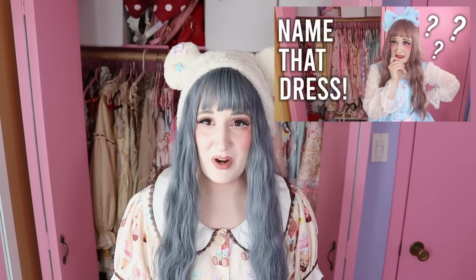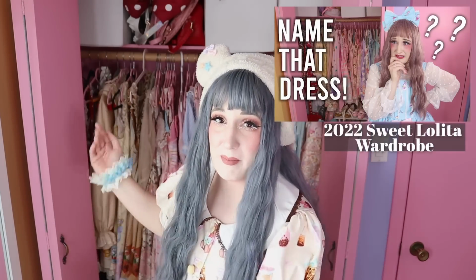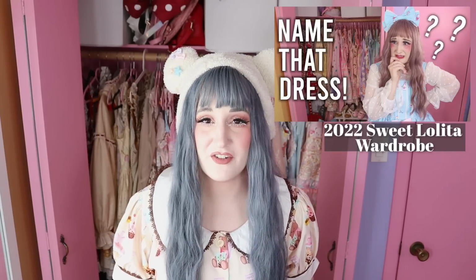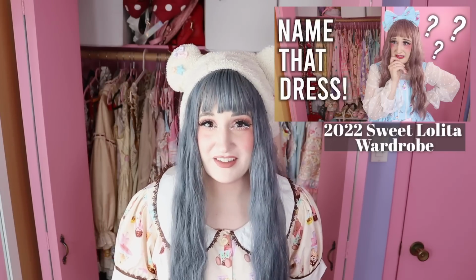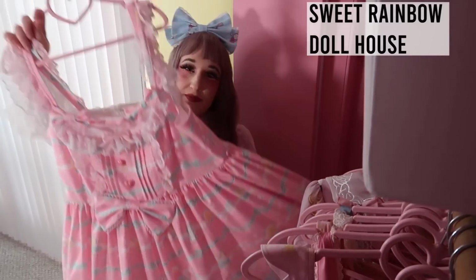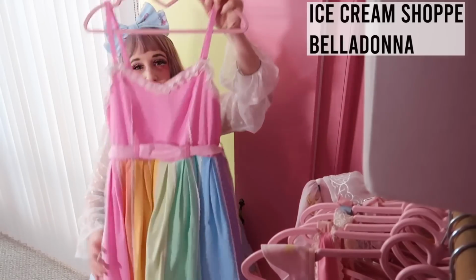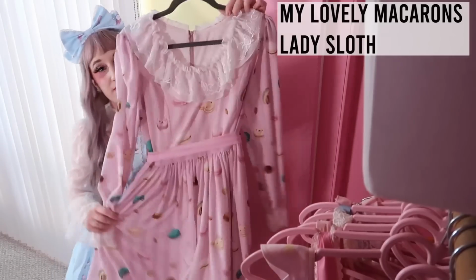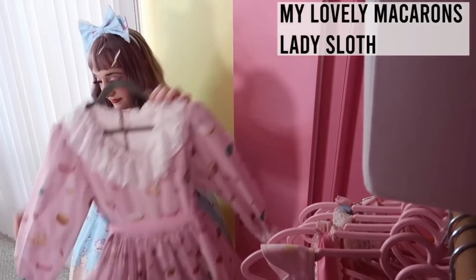Last year, I made one covering this wardrobe, my Sweet Lolita wardrobe, and I put a little fun twist on it where I tried to name my dresses, which I am very bad at. So if you want to see this wardrobe, check out that video. At the end of it, I do go through every single dress and show the name of it. This wardrobe really has not changed at all over the past year since I made that video, so I'm not gonna go through this one again,